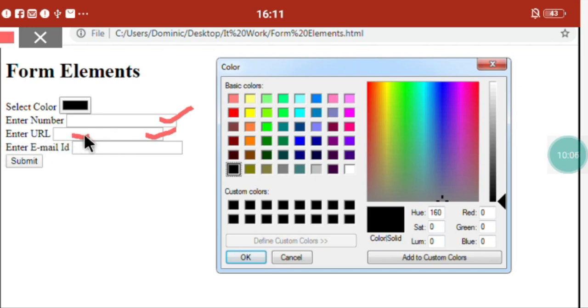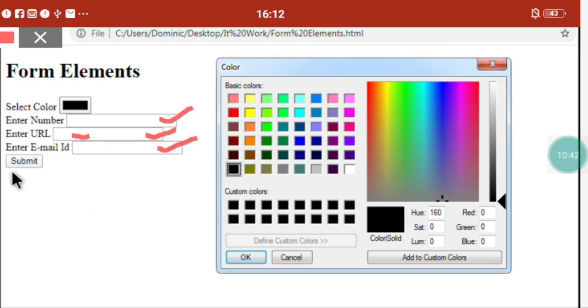So next, this is a very interesting feature in HTML5 programs, with ready-made input types we are getting. So next, enter email ID. Here for the email ID, the input type is equal to email. So I have used input type equal email, that's why I got an email ID text box over here. Here also it is the same: if you type something wrong in this text box and click on the submit button, the computer will not go forward, it is going to ask you to enter a proper email ID. Once you enter the proper email ID over here, then the computer will go for the submit button.